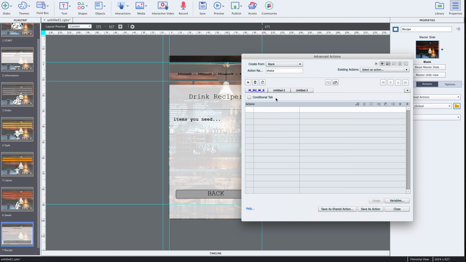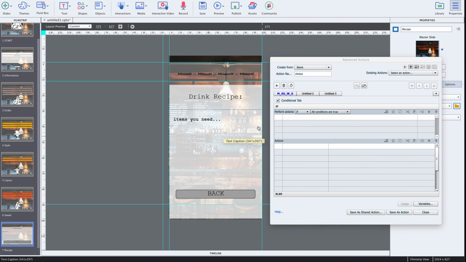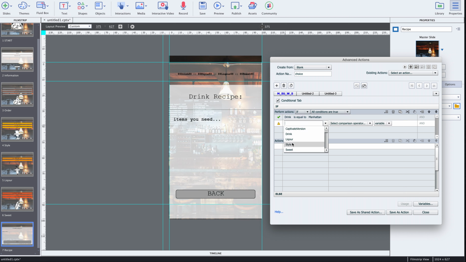And this is conditional, right? So I'm going to go conditional. And for that particular state to show, I need to say that if the variable of drink is equal to Manhattan, M-A-N-H-A-T-T-A-N, and the variable style is equal to, I got to go literal here, straight up,